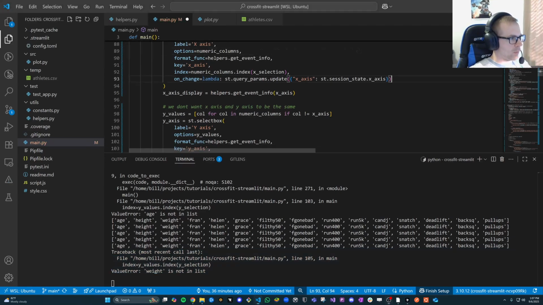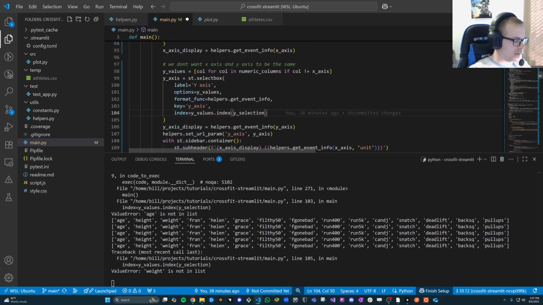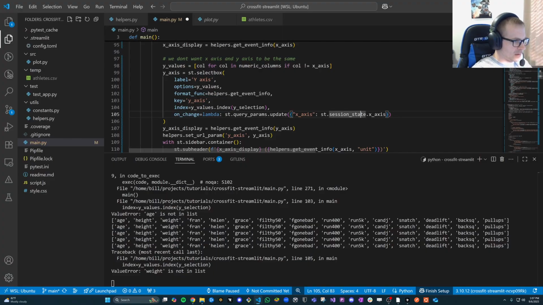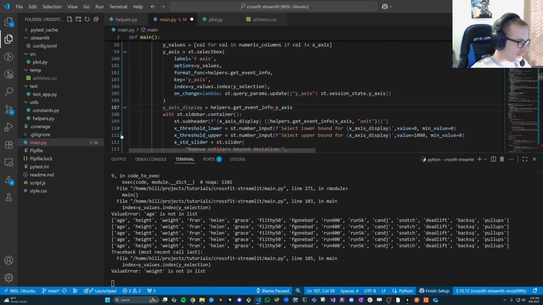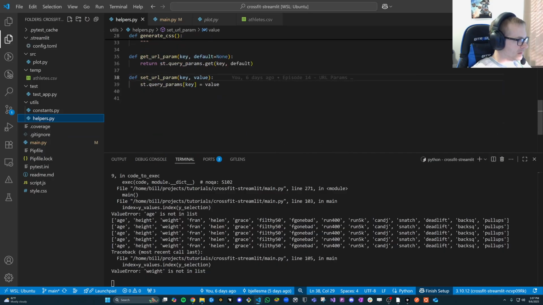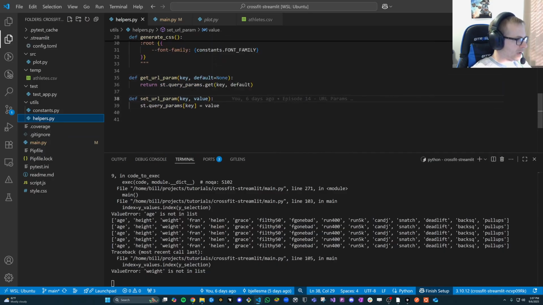Okay, so what we did with the x-axis up here, well, you guessed it, just want to do that same thing with the y-axis. So we'll just copy and paste the lambda and just replace these to say y-axis. And then remember, we can get rid of this set URL param right here. Oops, went too far. Okay, save that. And then also in helpers, where we have set URL param, we can just get rid of that